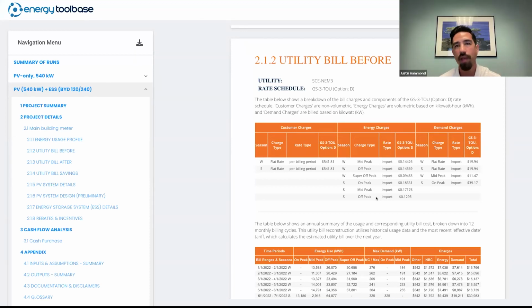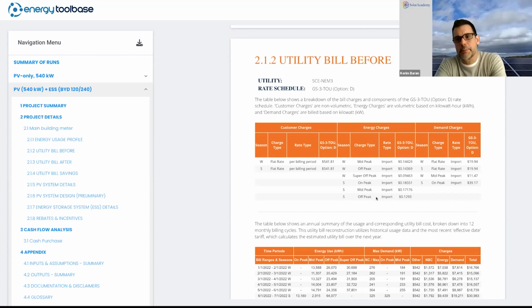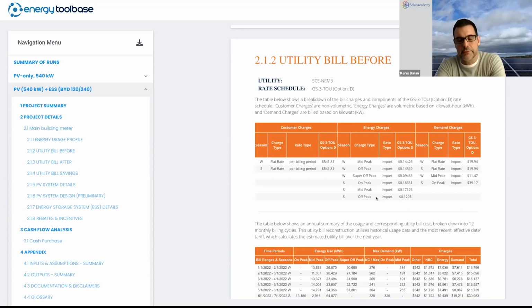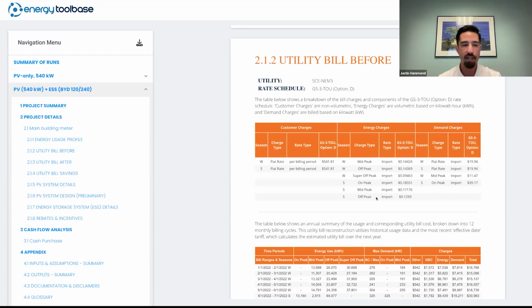Yeah, great question. So we have about 2,400 active accounts. Not all necessarily EPCs, but mostly EPCs and developers, and asset financiers. And this is a relatively new division within Energy Toolbase. The clients we have had obviously represent a fraction of our user base, but